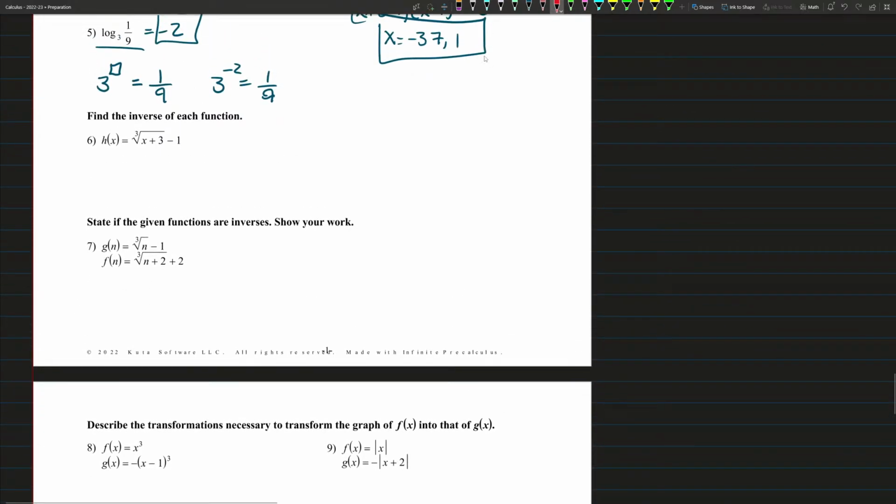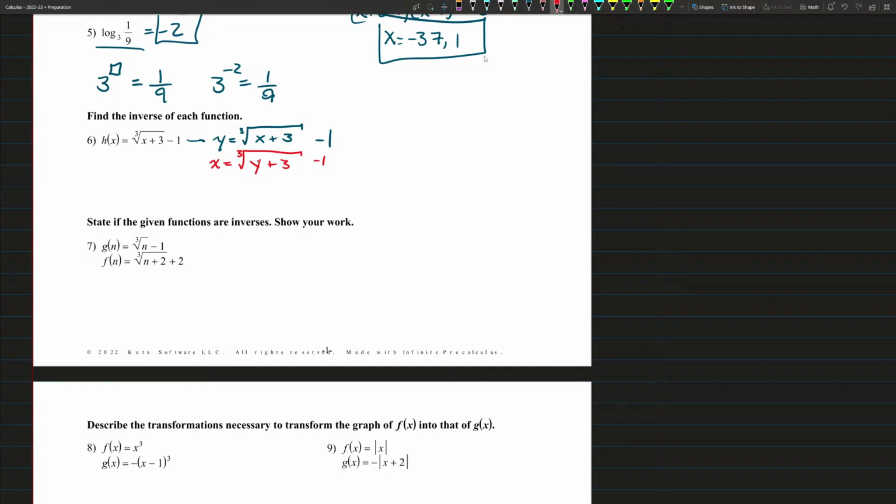Okay, I'm going to scroll down now, so we have a little bit of room. Find the inverse of each function. So number 6, we're trying to find the inverse. All we have to do here, so I'm going to rewrite this as y is equal to the cube root of x plus 3 minus 1. In order to find the inverse, the first thing we do is we swap the variables. If you remember back from class,